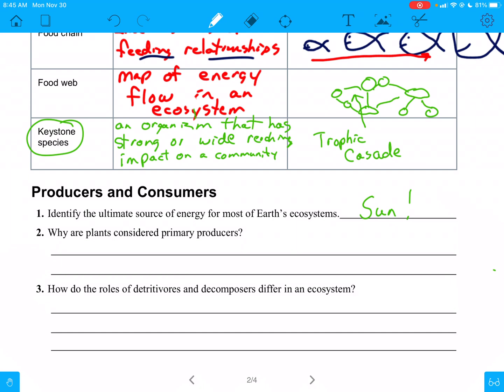Okay, the next one. Why are plants considered primary producers? Because they capture the sun. They capture energy from the sun for all other living things. Okay, so they are the primary reason why we are able to be here. It is plants, okay, that are the primary producers for us. Even if we never eat plants, we still eat the animals that ate the plants, and so that